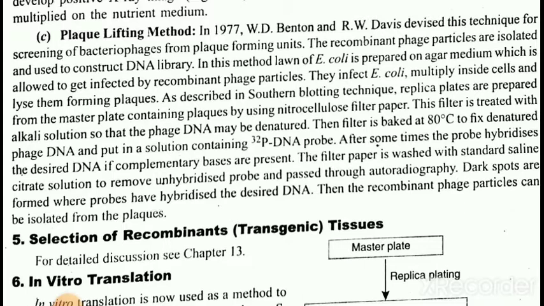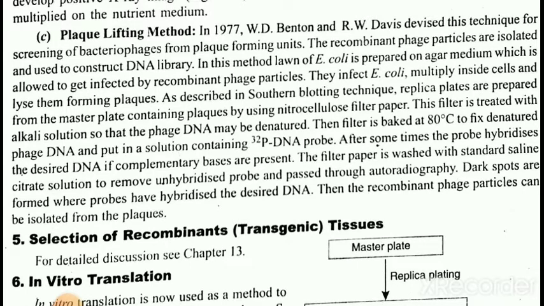In this method, lawn of E. coli is prepared on agar medium which is allowed to get infected by recombinant phage particles. They infect E. coli, multiply inside cells and lyse them, forming plaques. As described in Southern blotting technique, replica plates are prepared from the master plate containing plaques by using nitrocellulose filter